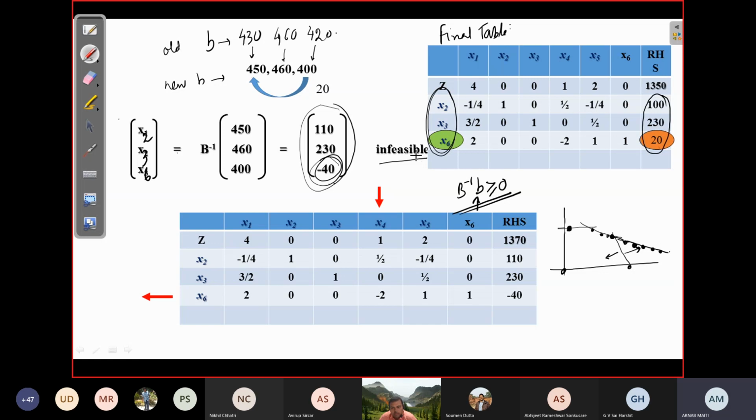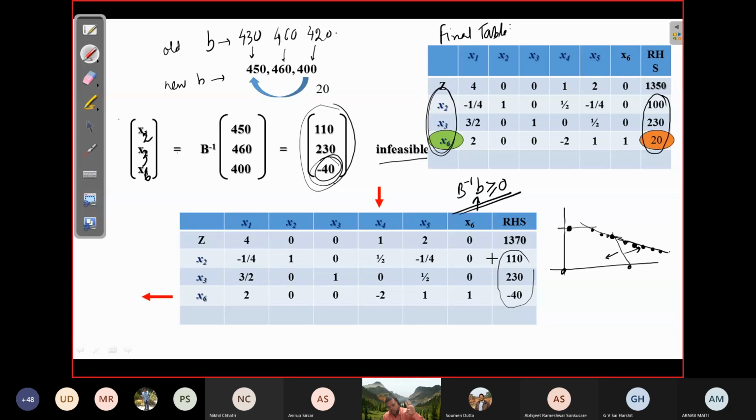How to get to the new solution, we can do dual simplex, right? So you have this table now where your right hand side has changed, minus 40. So now you want to find the optimal solution. You observe that this is an optimal objective row and an infeasible right hand side, so you apply dual simplex.